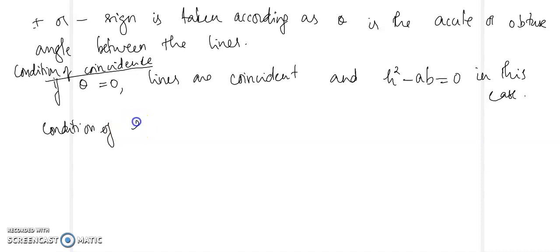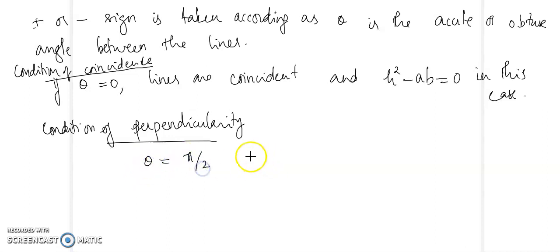So let us look at the condition of perpendicularity. So when the lines are perpendicular, theta will be equal to pi by 2. So theta equal to pi by 2 implies cot theta must be equal to 0. So that implies